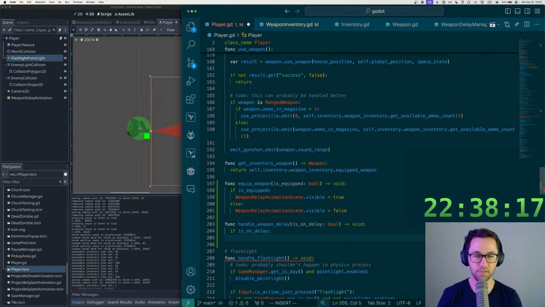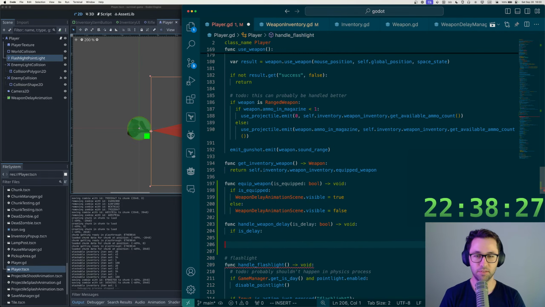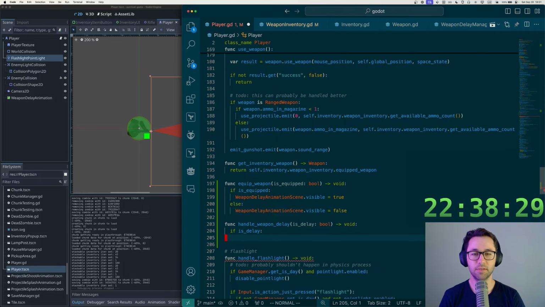So if is on delay, let's just say is delay. I like that better. If is delay, you know what? Is weapon delay. Even better. If is weapon delay,